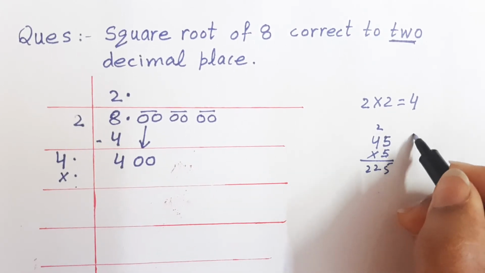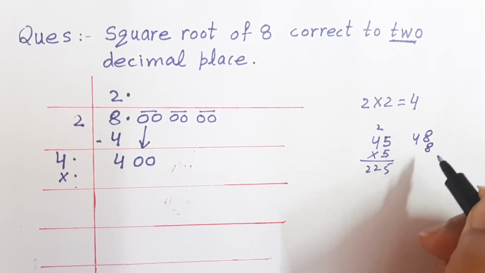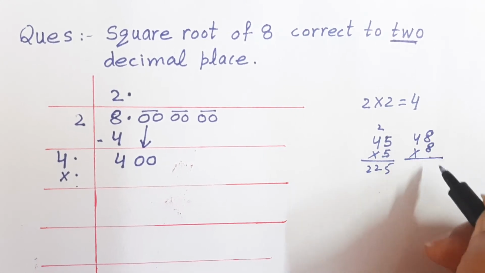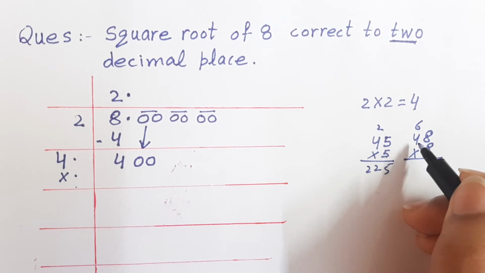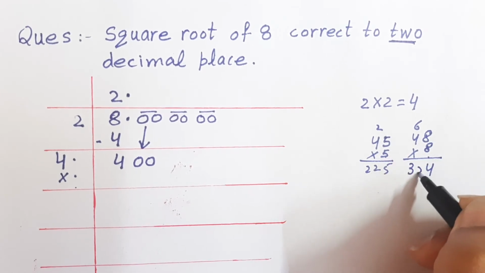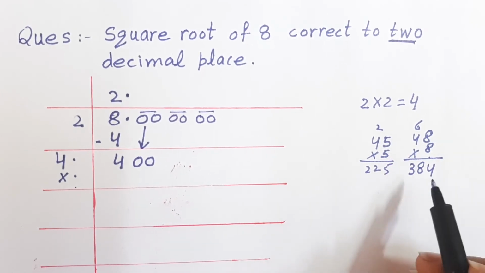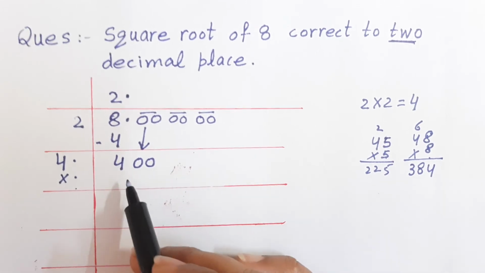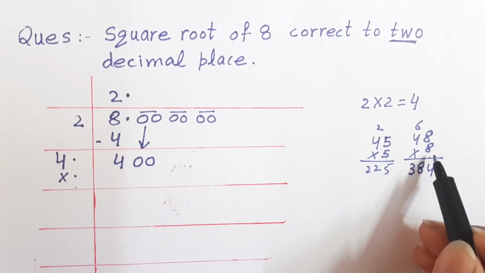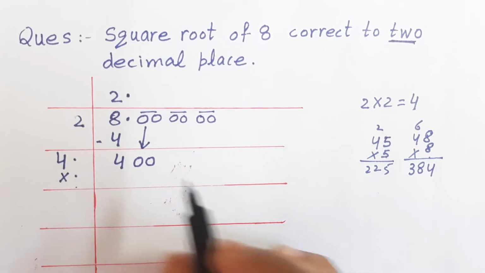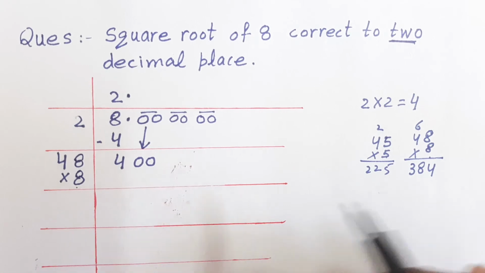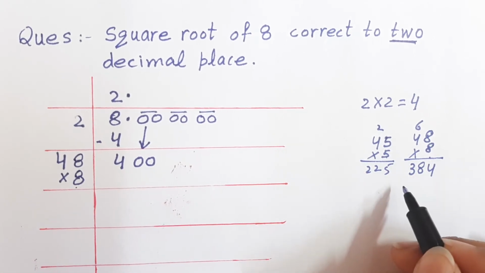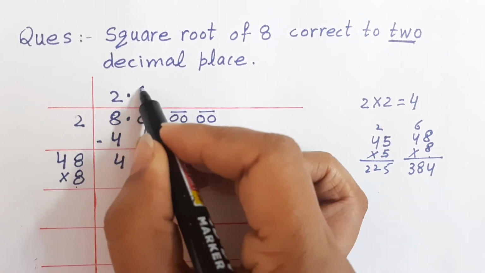If I try with 48, in that case 8 8s are 64, 6, 8 4s are 32 and 6 is 38. Now children, you can see I am very close to 400. If I try with 9, it will become a big number. So let's take 8. You have to be sure enough that you are taking the correct number. Always cross check. Right? So 8 we write here also.